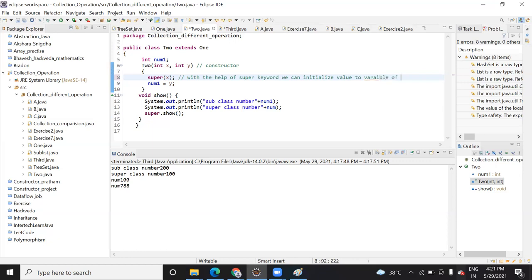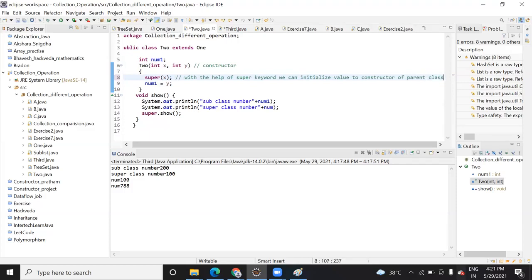Variable of parent, sorry, you can assign a value to the constructor of parent class. Is it clear to you?